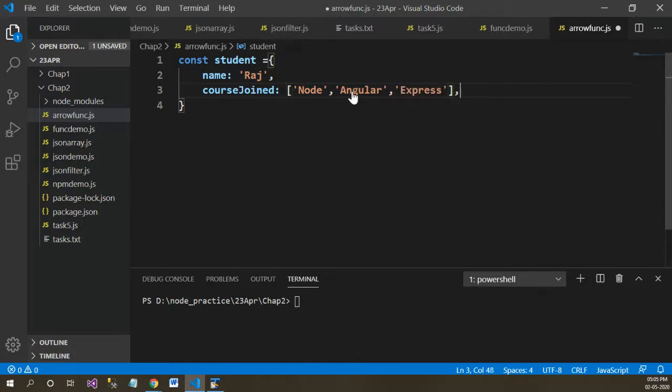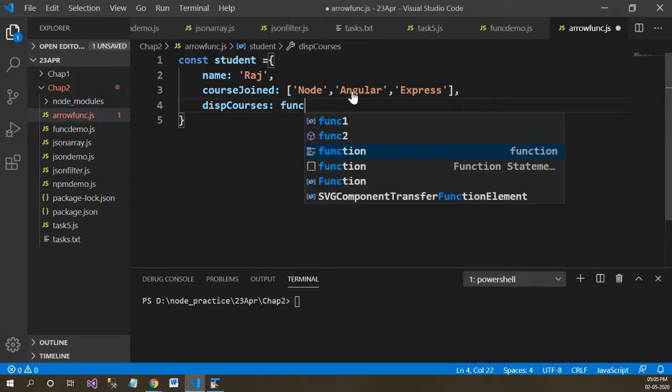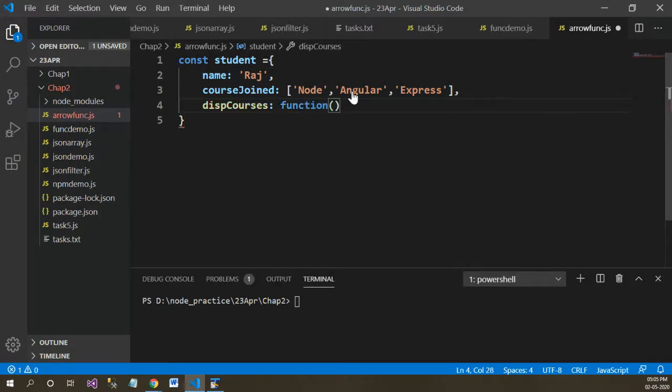So this is the second property, and the next function is displayCourses, and within this displayCourses function we are going to print the number of courses joined by Raj. So how to deal with it?